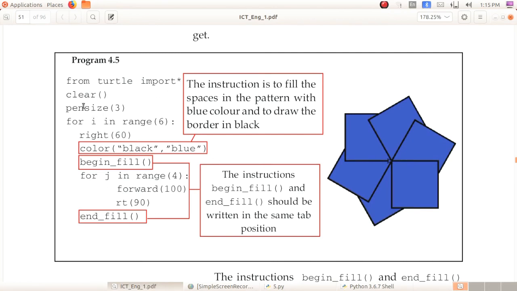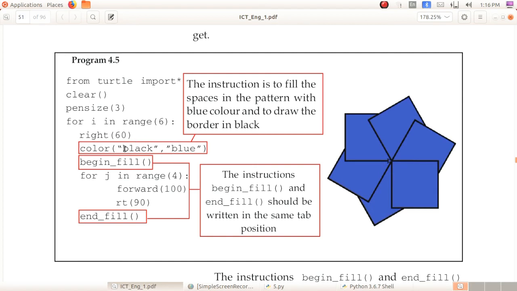Turtle import star, then for I in range of 6, then right of 60, color of black comma blue. Here you can see black comma blue. What do you mean by black comma blue? Here 2 colors are there, isn't it? If you are giving only one color it will be for the border. Okay, are you remembering the first pattern?